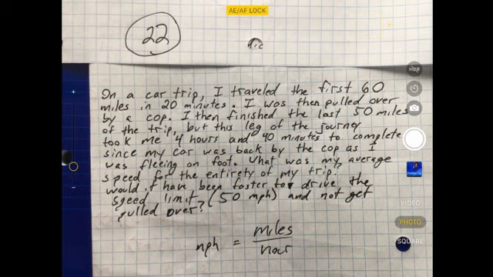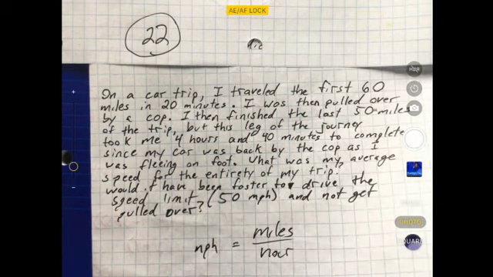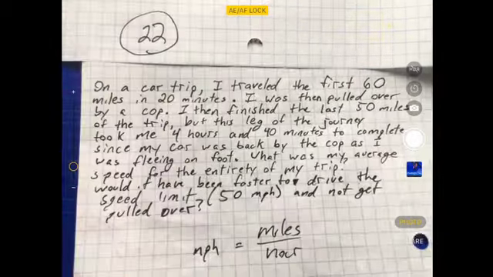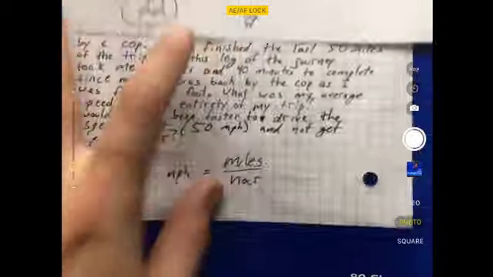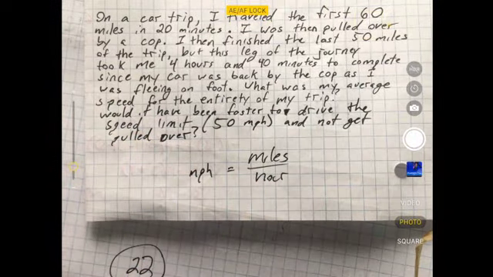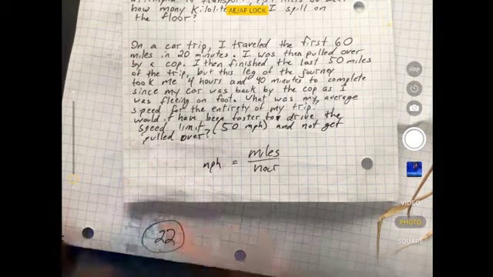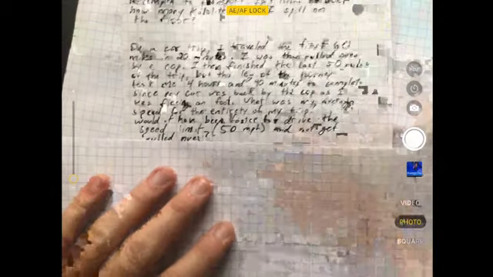So let's go over this one then. Let me give myself a new piece of paper. 22. Okay. I am going to zoom out. Yeah, you guys can still see the problem, right? All right, chill. Okay, so